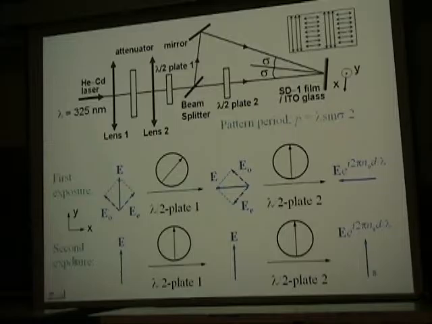Then we allow the azo-dye film to be exposed to the resultant interference pattern for some time before we turn off the laser. And with this, the exposure should lead to parallel domains inside the azo-dye film, where the azo-dye molecules should be alternatively aligned in the y direction, because the UV polarization is along x, and in other domains